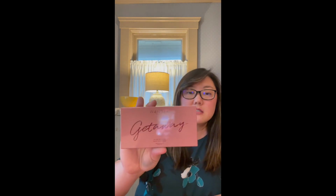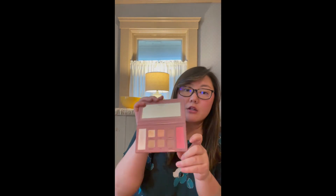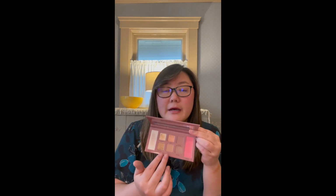Here's another Wander Beauty product. This is a palette called Getaway. And this is an eye and face palette. No Boxy Charm would be complete without some Wander Beauty. All right, it looks like we have 2 face colors and 6 eyeshadows, all very neutral. So it looks like you have a highlighter and your blush and just some very basic